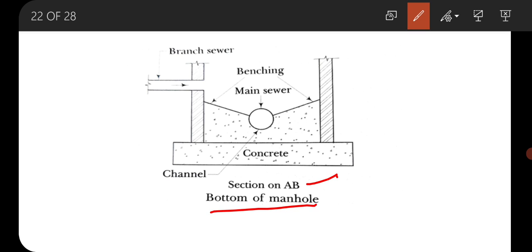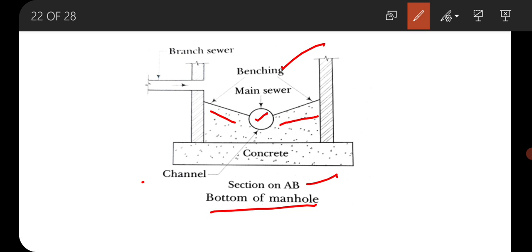So this bottom of the manhole is constructed of cement concrete and a semicircular channel is constructed and the sides are made to slope towards it, and this is known as benching. What is the function of this benching? This benching will facilitate the entry of sewage into the main channel. This one is the main channel,